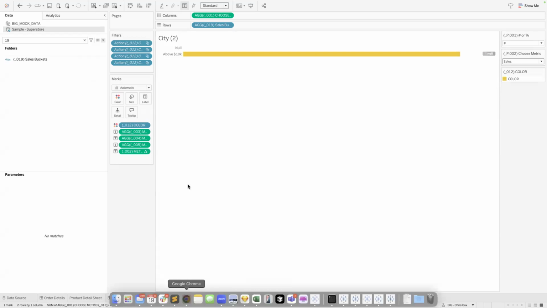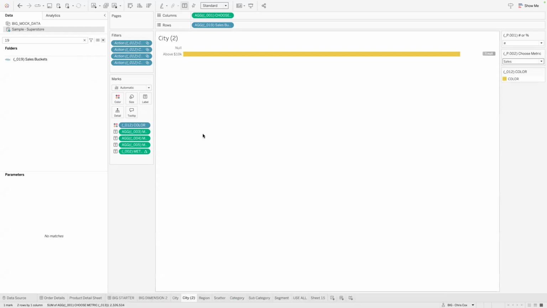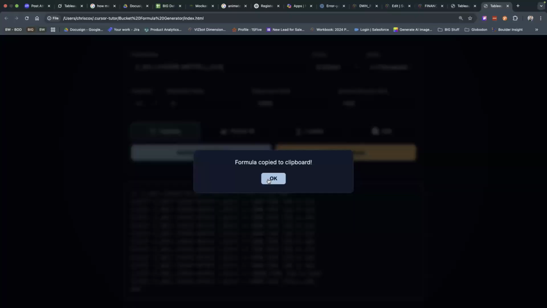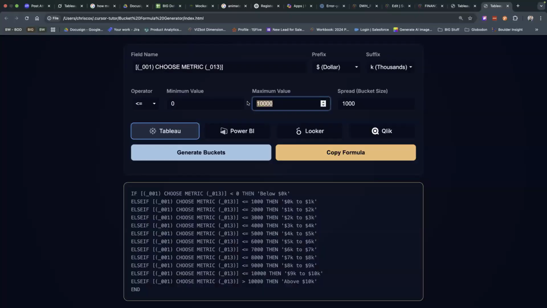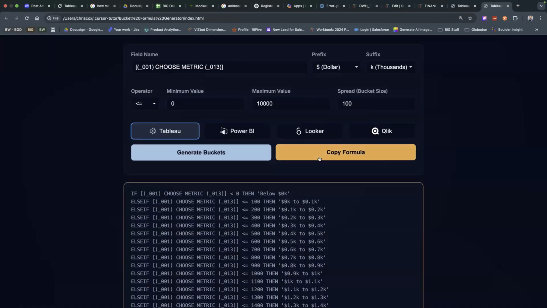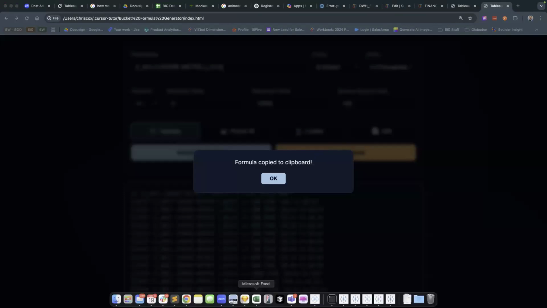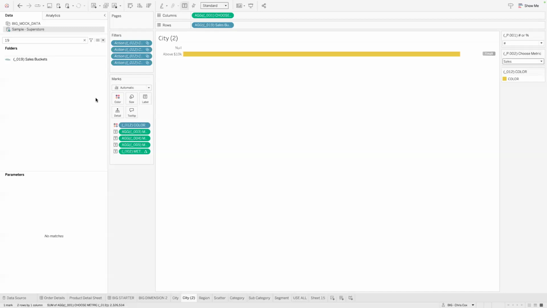But anyway, the whole point is to be able to build these formulas really fast. So maybe I want 100. I'll make it really crazy. That'll show something here.